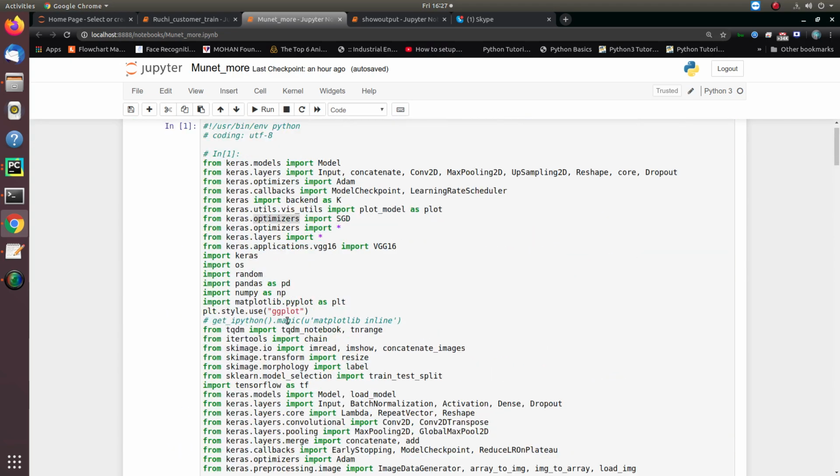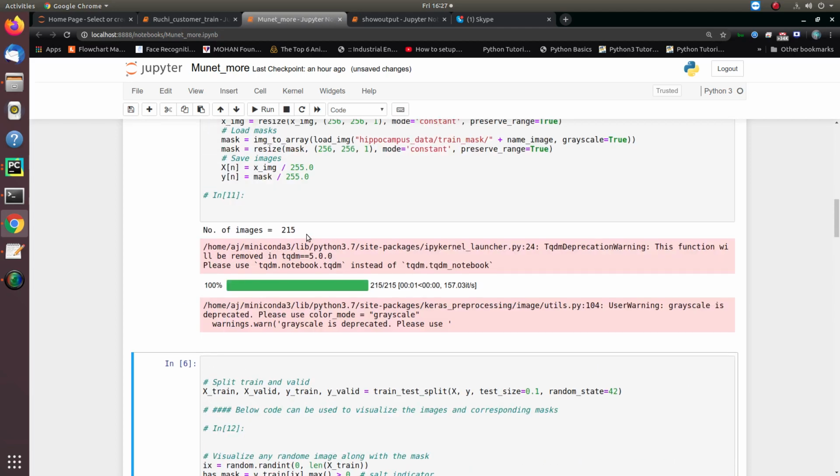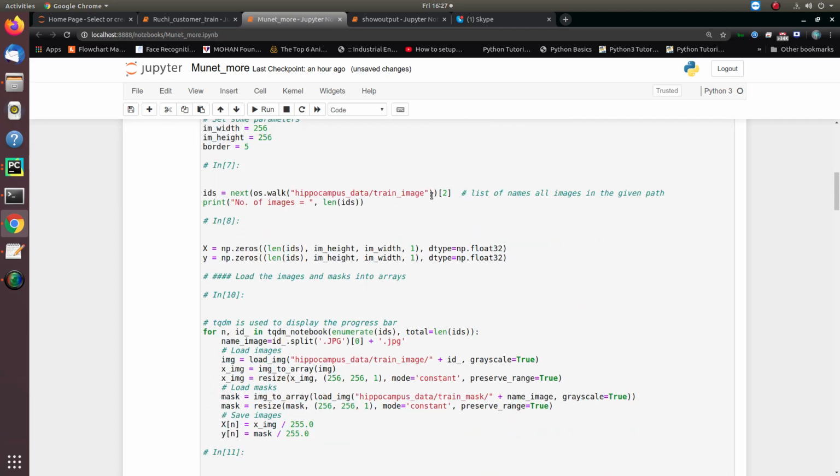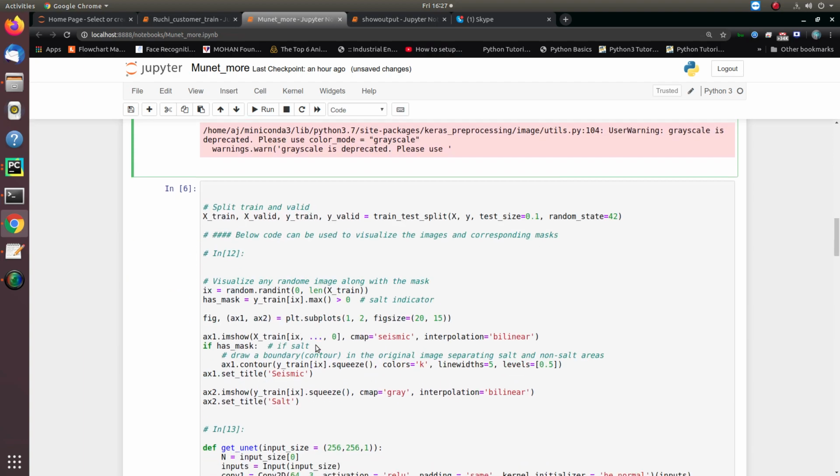Let me show you the execution, guys, in a very quick manner, and thereafter I'll move toward the validation part. So here I'm loading all train images from the hippocampus data. Input images, X, is being put in train images, and the mask is being put in the train mask folder. When the masks and images are loaded, I need to normalize those images and feed them into the array. Y is the target data type, and X is our input. For normalization we are just dividing the input array by 255, so that all images are converted into discrete values.